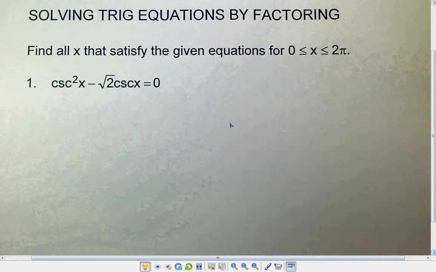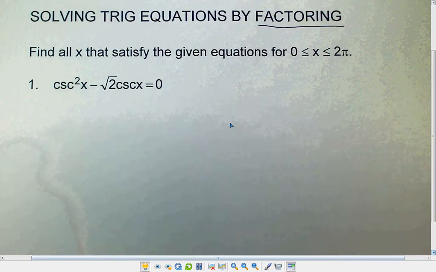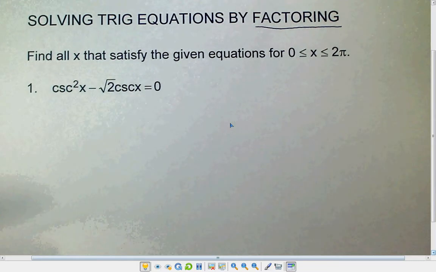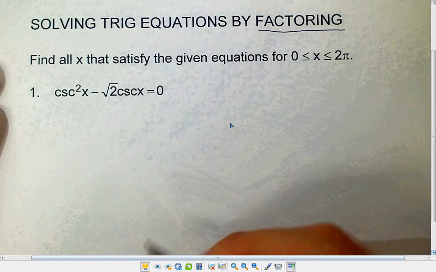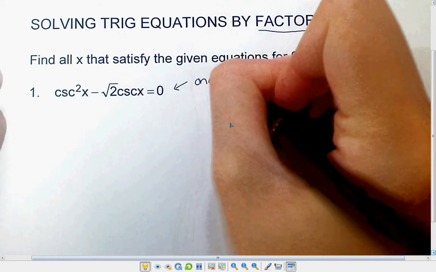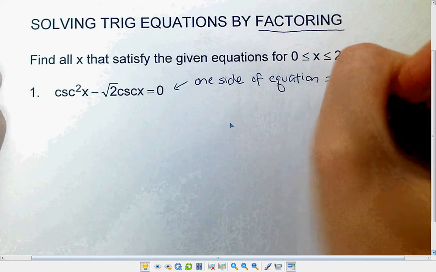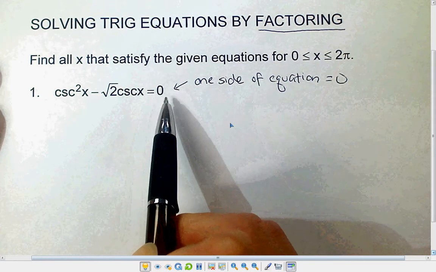Today we're going to continue looking at solving trig equations by factoring, but this time instead of using our x box, we're going to be factoring out one single term. Whenever we're factoring something, we want to make sure that one side of our equation is equal to 0. So for number 1, we already have one side of the equation equal to 0, so we don't need to